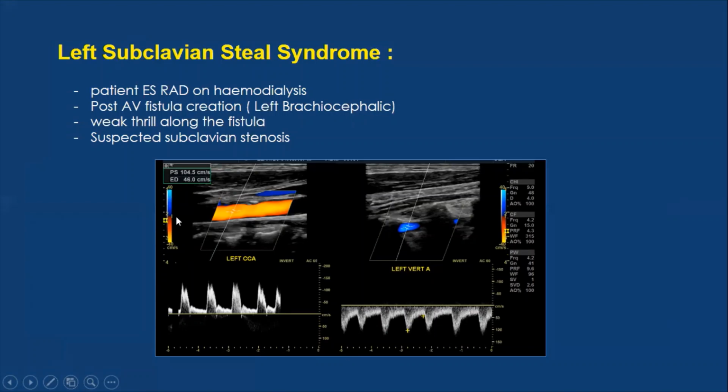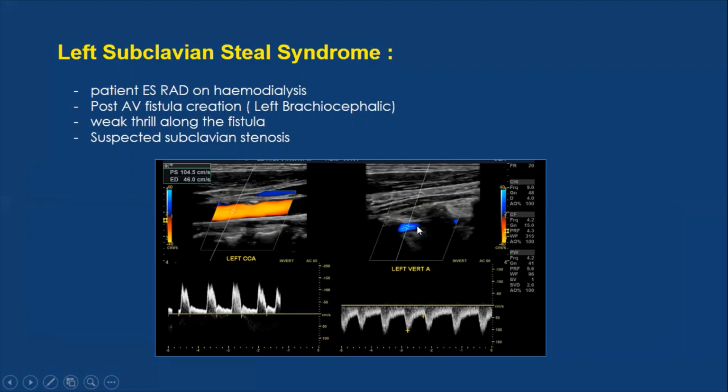Because the map shows me that away is red, the blood in the common carotid is going up to the head, so it's away here. It's red, so it's normal. What is abnormal is when he interrogated the vertebral artery, because they should have the same direction of flow. In this case, for the vertebral artery, you can see that both maps are fixed. There is no change, but there's